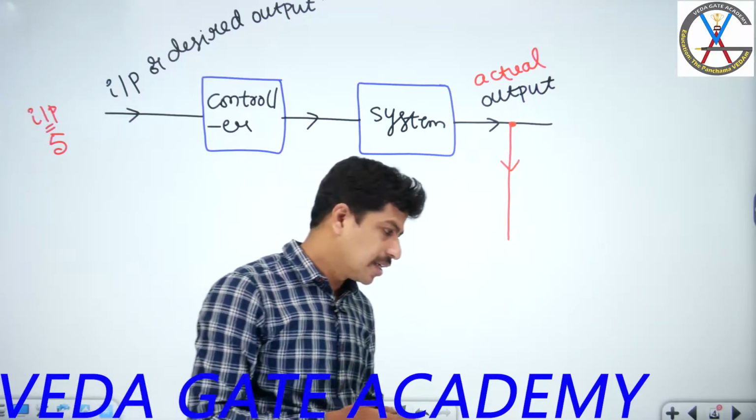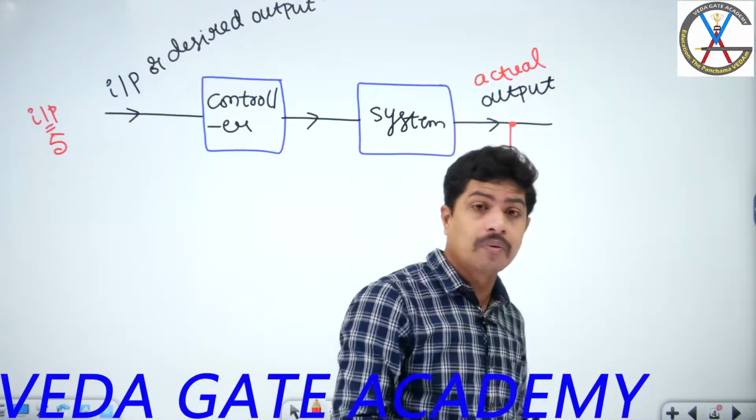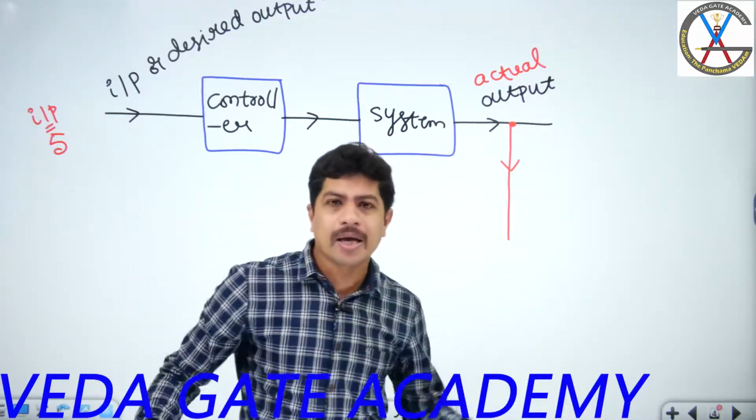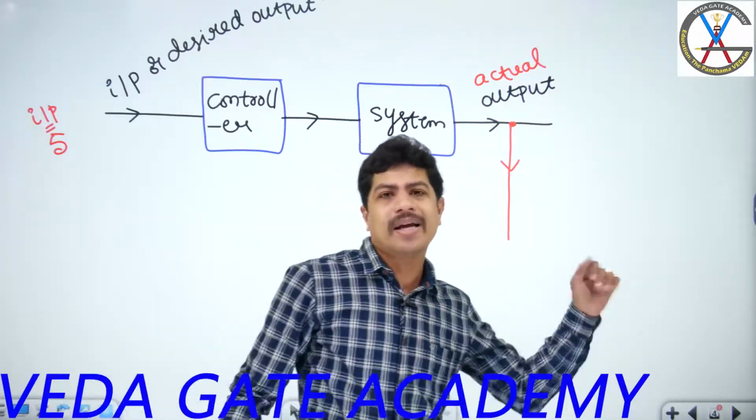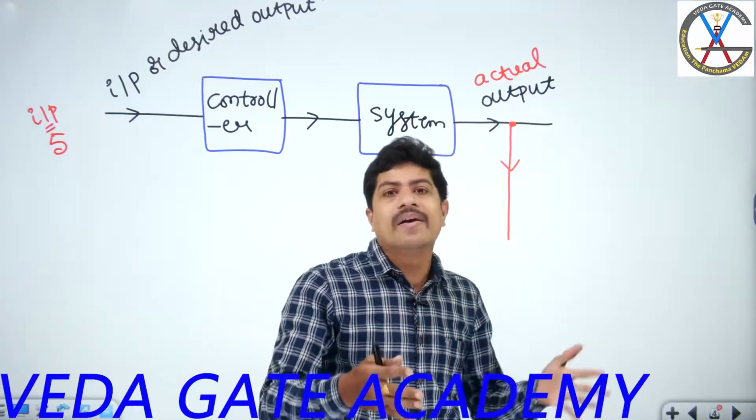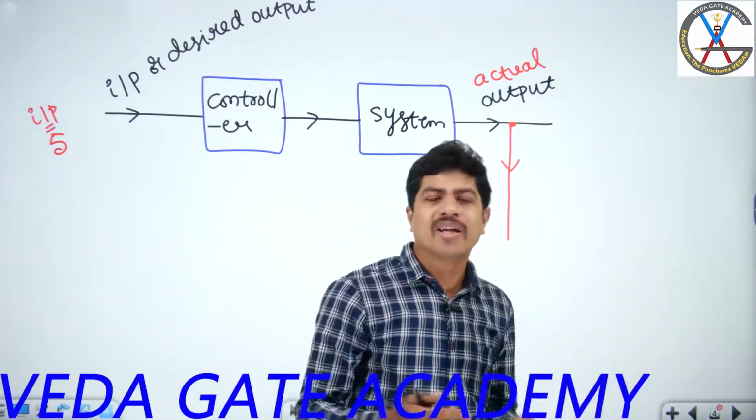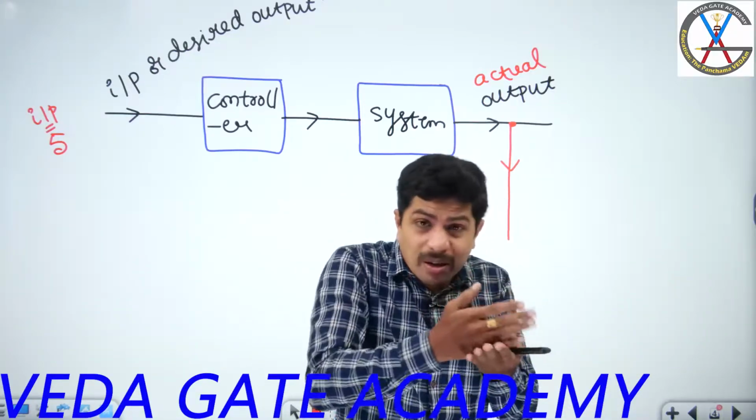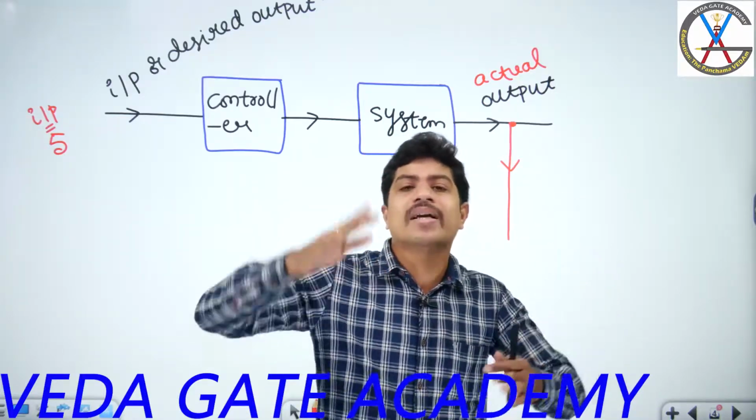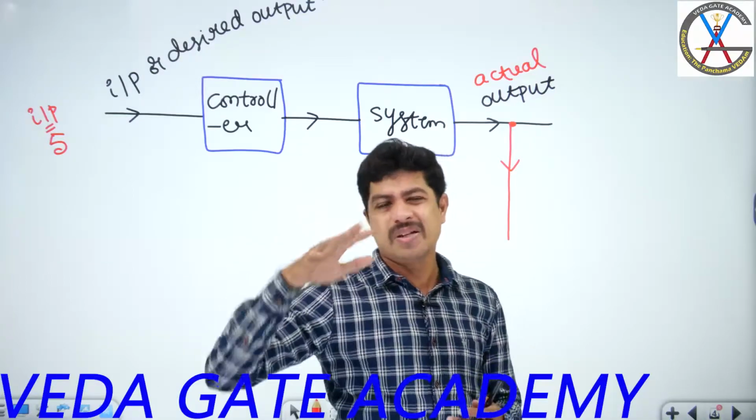Some people will understand it like this. Feedback means we are taking the output and giving it to the input. What will the input be? Input is electrical, output is mechanical. The output is the mechanical movement of the lift. Is it possible to take some part of the mechanical movement? No, it is not possible. We are just measuring at which floor the lift is present,